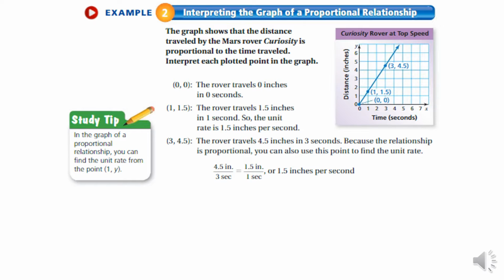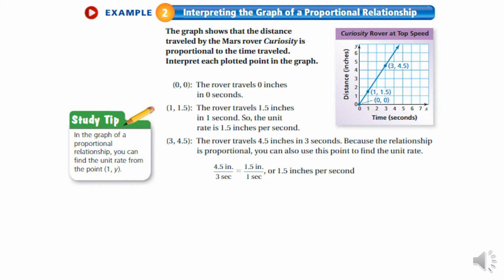So that means then, because it's also a proportional relationship, that every time I increment by 1 second, I should be able to get another 1.5 inches out of the rover. So if I were to go to 2 seconds, it should be at 3 inches because it's proportional. I've doubled both values. And the same would be true if I tripled both values or multiplied both of them by 4 or by 5 or by 10 or any number I want. They're both going to multiply by that same number. So when I get to 3, 4.5,